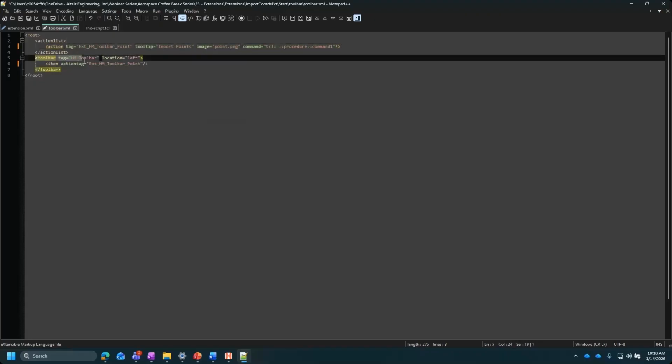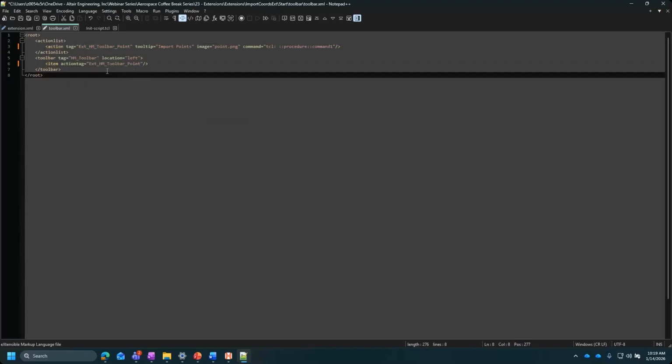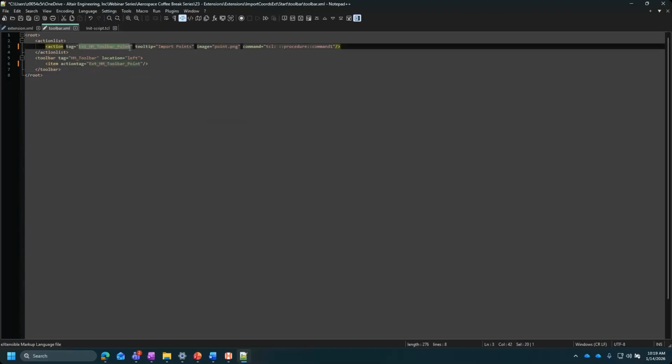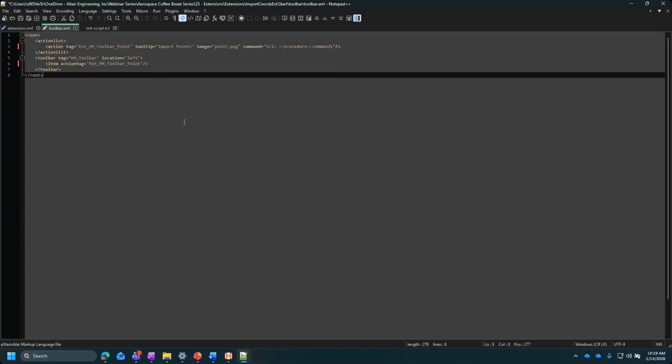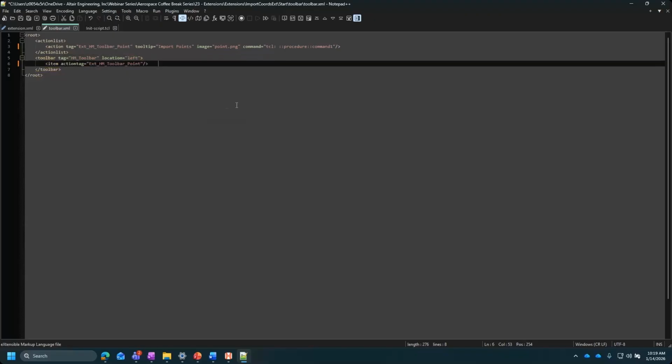Okay. And then down here, it's just defining, all right, I'm going to have my first toolbar. It's going to be on the left side of my GUI. And then the first button is going to call to that ID, that action tag, basically. Okay. So make sure this action tag ID is unique for each button that you want. Okay. And you could have the toolbar be on the right. You can undock the toolbar. You could have multiple toolbars, so you can undock them and redock them separately. So a lot of customization you can do with that.